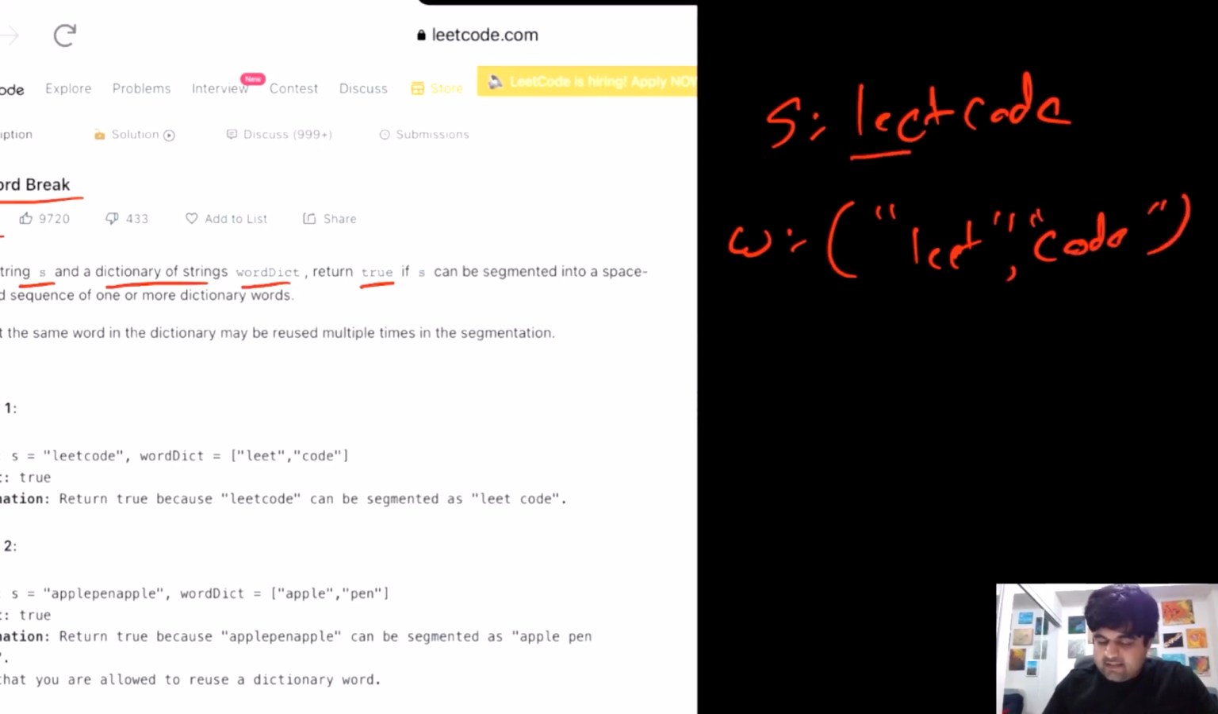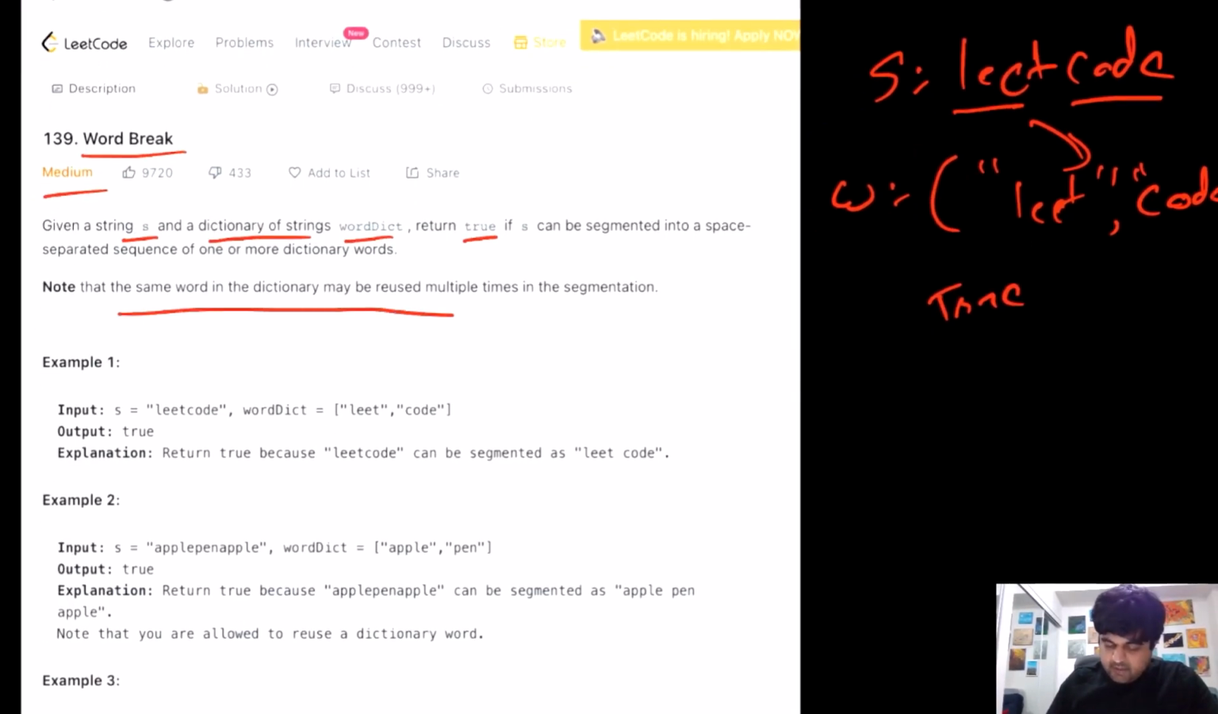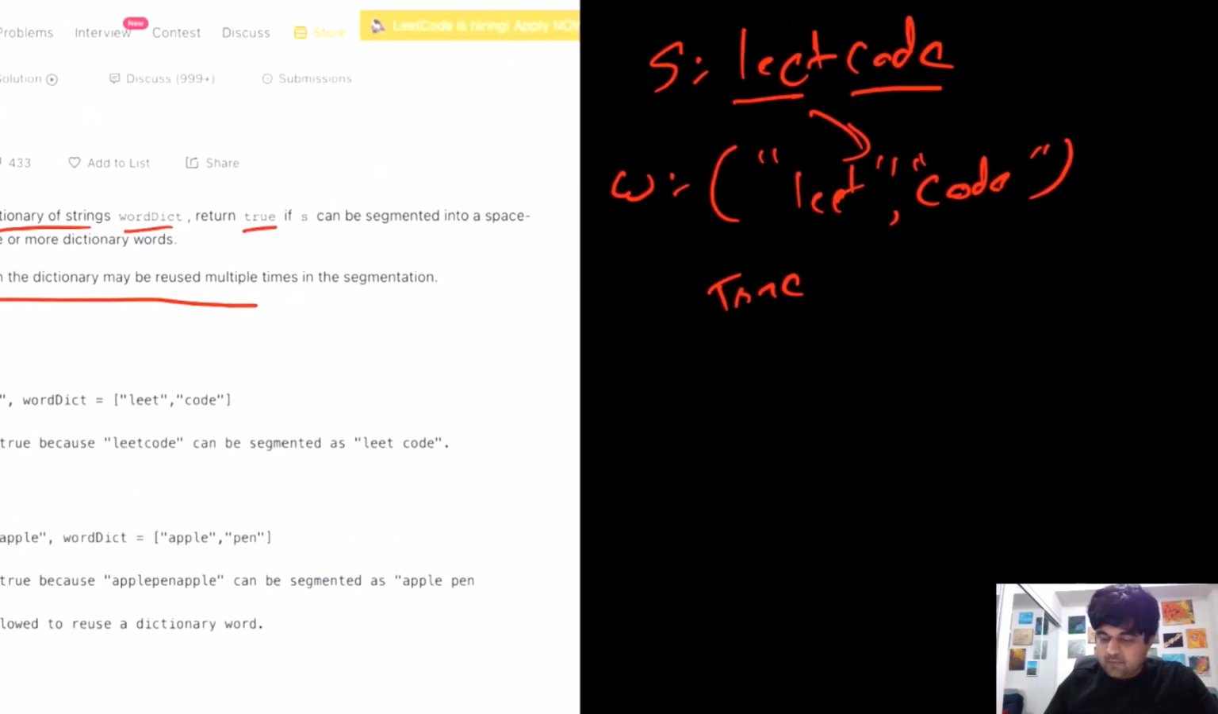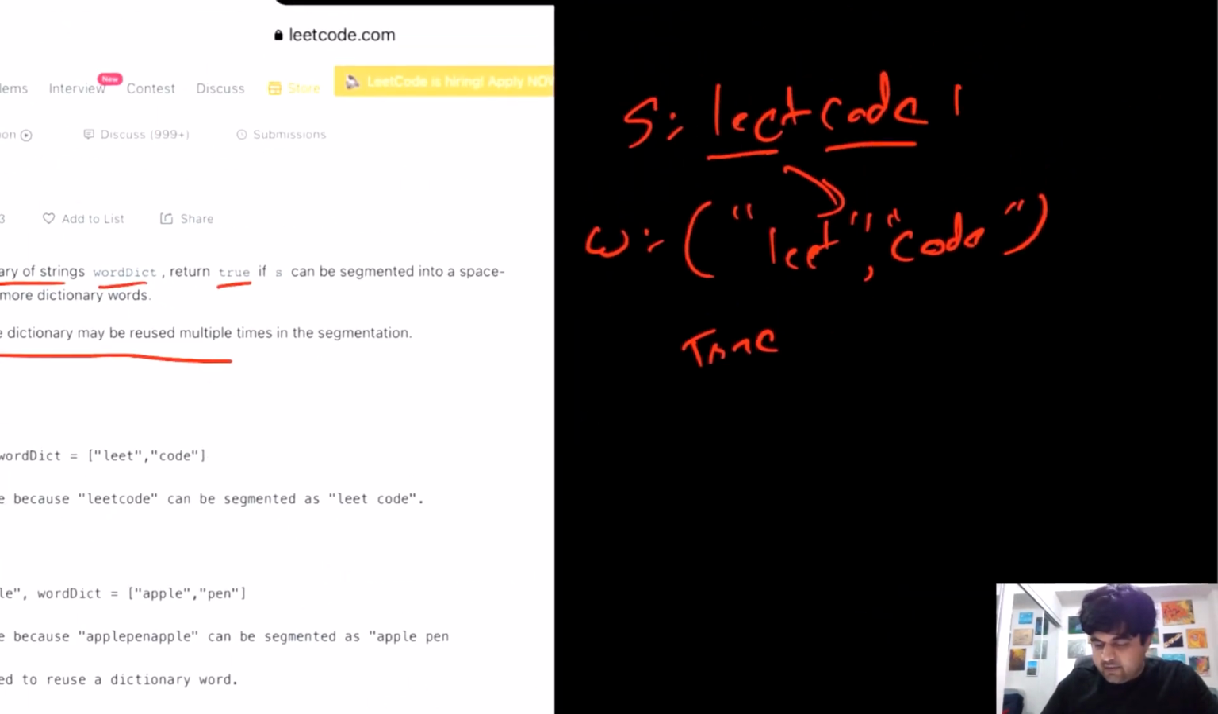We can clearly see that this leetcode we can generate from the values we are given in this dictionary, so we will return true in this case. We are also told that we can use the same word multiple times. So suppose if this were leetcode code, something like this, we would still return true because whatever words there are, we can still make it through this dictionary. But if we were given some wording like this, leetcode